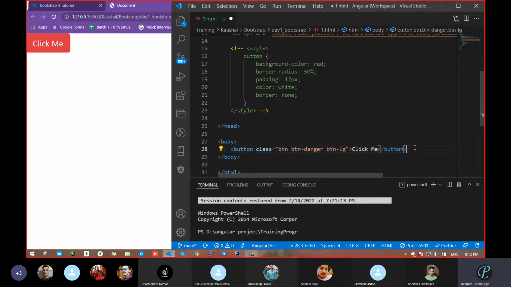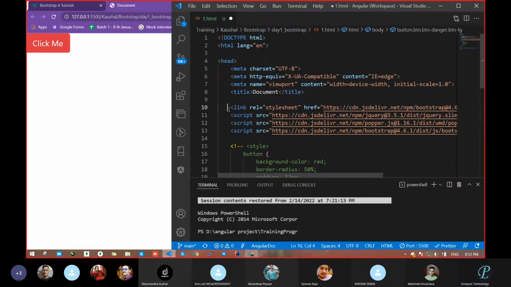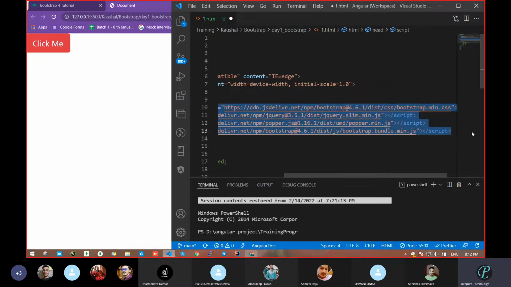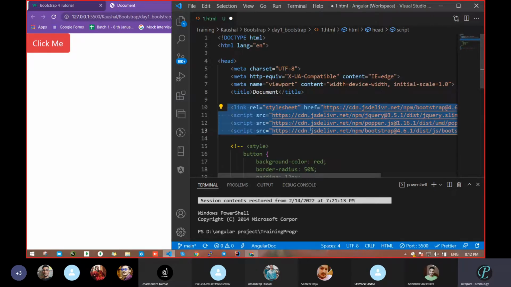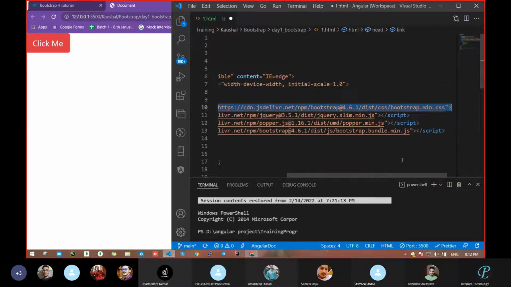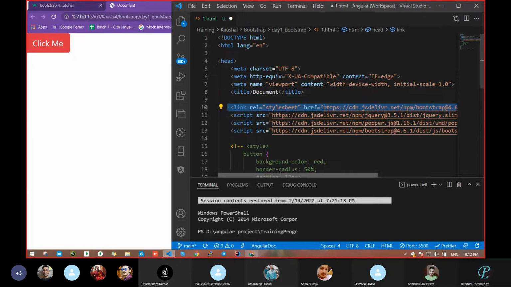Second thing, these all things are coming from somewhere, meaning this Bootstrap is coming from somewhere. Now just imagine if you have written this and you have low network connectivity, low speed, what happens? Will this file load? What are you thinking? No, sir.